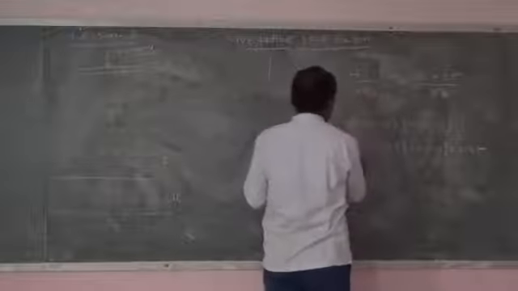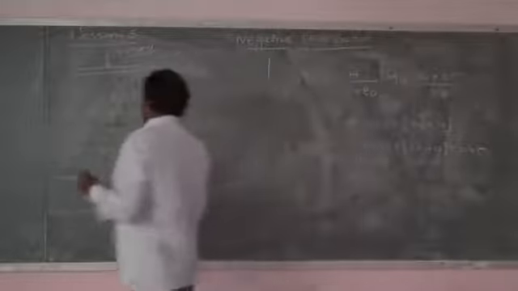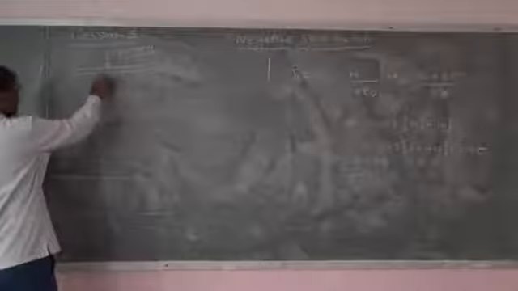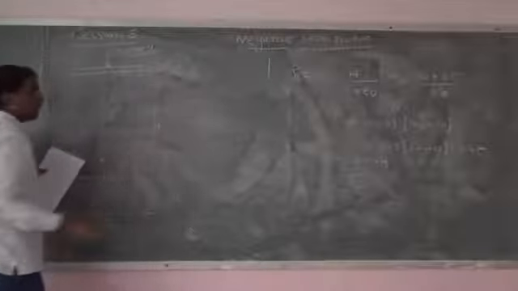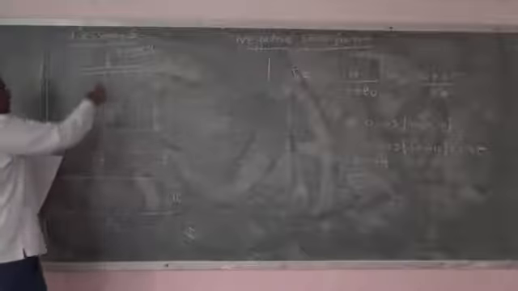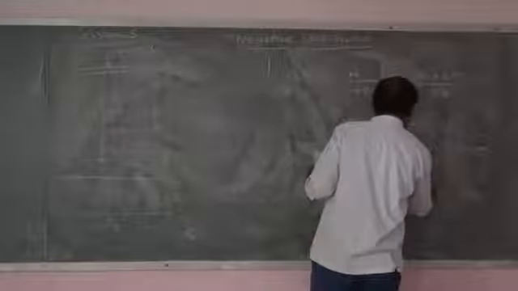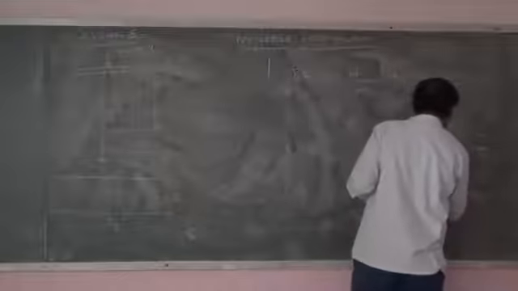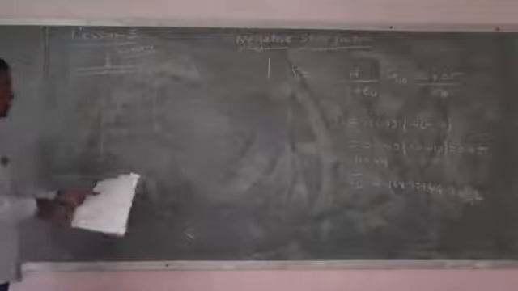For the first layer, H is 4 meter. Now this is sigma naught. For the first layer, we have to take the center of the layer from the ground level. Up to here the height is 7 meter, as we have taken 2 by 3rd of the height, as I told you there. So 7 meter plus the center, 2, is 9. Gamma is 16, so 16 into 9 is 144 kilonewton per meter square. This also I told you.